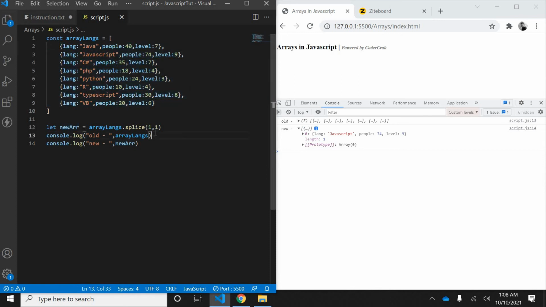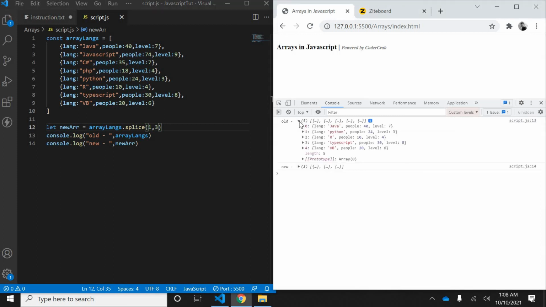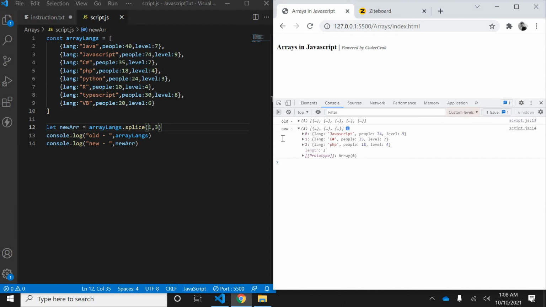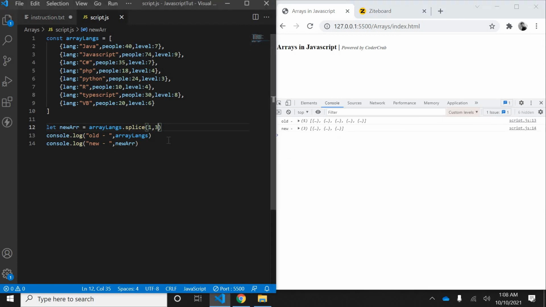Okay, so if you want to splice starting from 1, and you want 3 elements to be removed, you can see this one has 4 elements and this one has 3. So now you can add more into it.